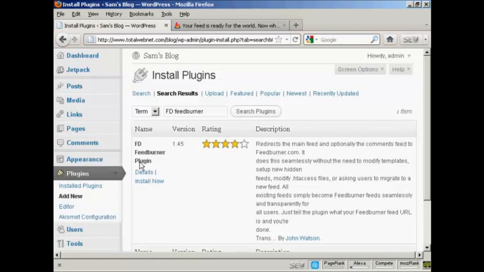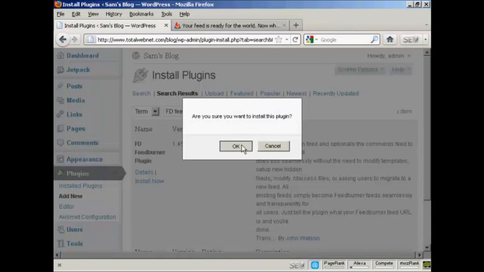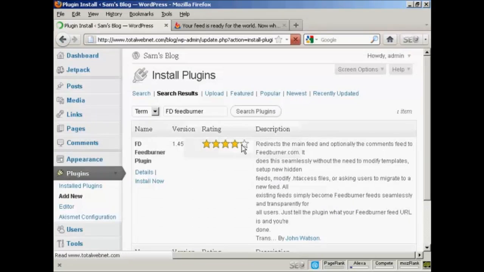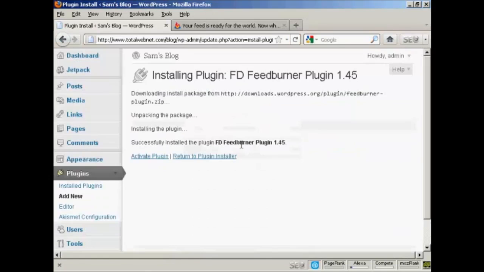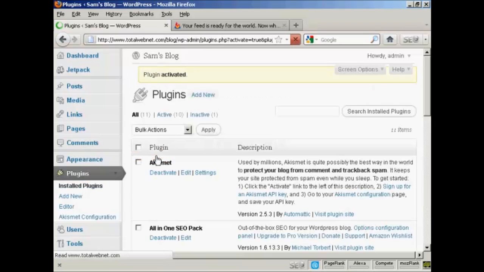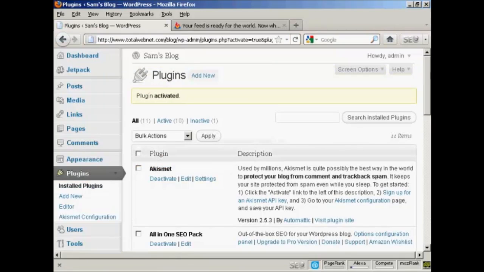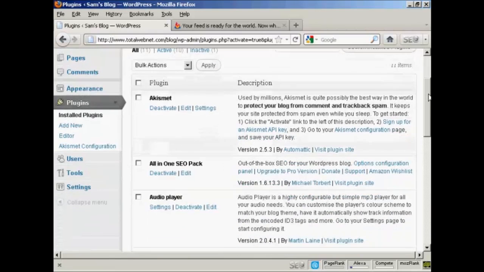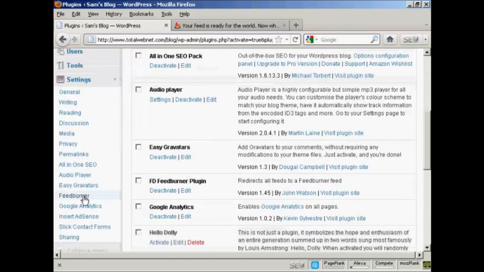And there we go, FD Feedburner plugin. So click on install now, and click on OK. And there we go. So now I need to click on activate plugin, and the plugin is activated. So now come down to settings and click here, it says Feedburner,